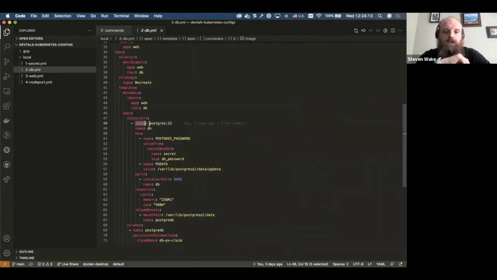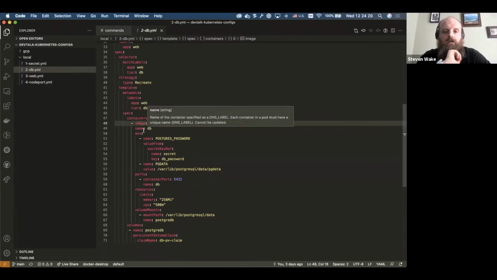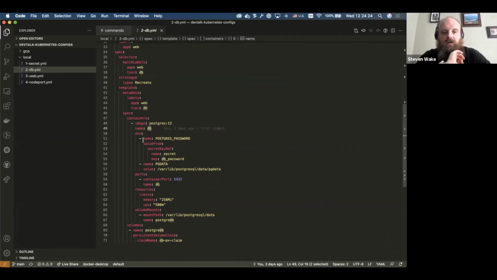The image we're going to use is the stock official Postgres 12 image. We're going to name it DB. We're then going to set an environment variable, which is a requirement of Postgres, and we're going to set the value from the secret that we created earlier. The key to that secret is going to be the database password.